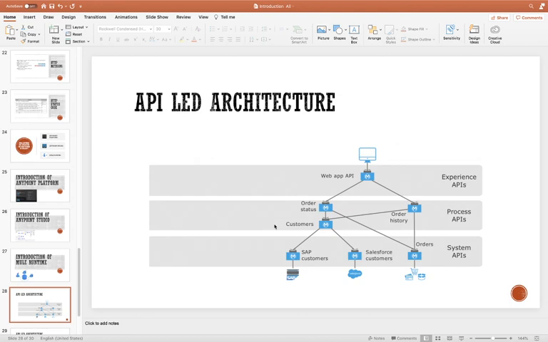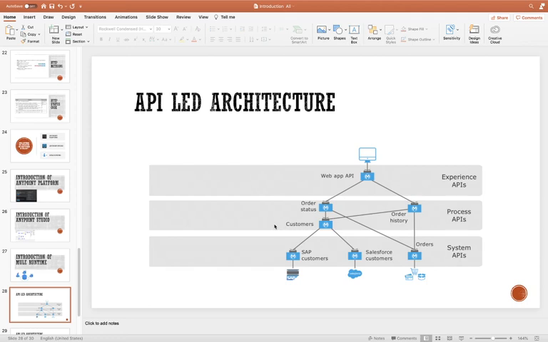Now we will discuss API-led architecture. Whenever you start working on any real-time project, in most projects you will follow this API-led architecture, where for whatever functionality you get, you divide that functionality into 3 layers, 3 APIs, and then do development.